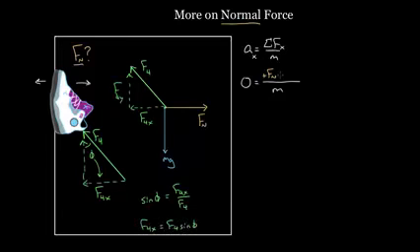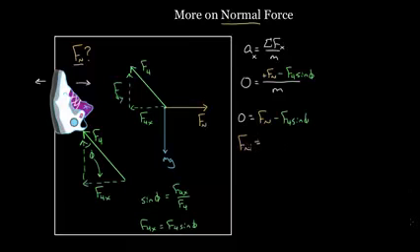And now I can use this up here, but you've got to be careful with signs. F4x points left. I'm going to consider that a negative force. So if F4 sine phi represents the magnitude, I'll write this as negative F4 sine phi. Sorry, I keep saying theta. I mean phi. I multiply both sides by m. I'll get 0 again on the left-hand side equals Fn minus F4 sine phi. And now when I solve this for Fn, the normal force, I'll add this F4 sine phi to both sides, and I'll get that this normal force is going to equal